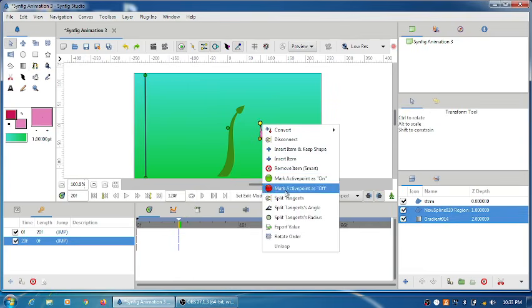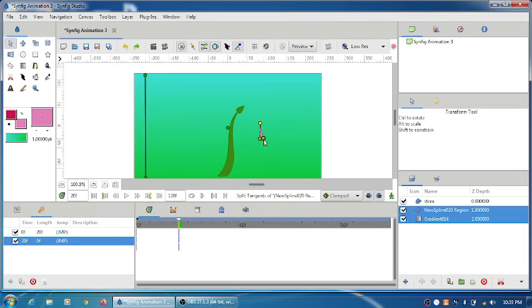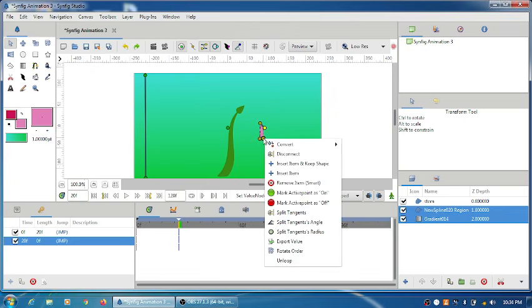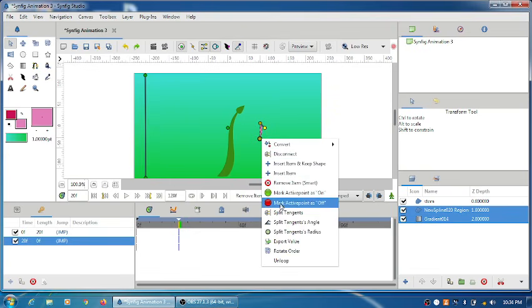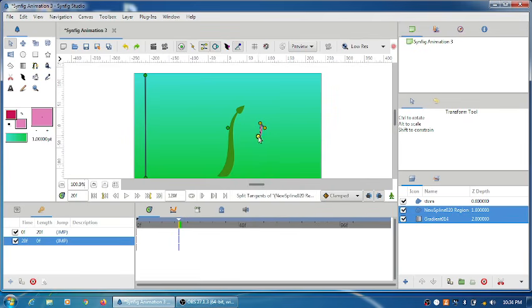I will apply split tangent. Let us do one thing, we'll remove this. Yes, so this is how you can also create it. Now this is how you can create the pattern.